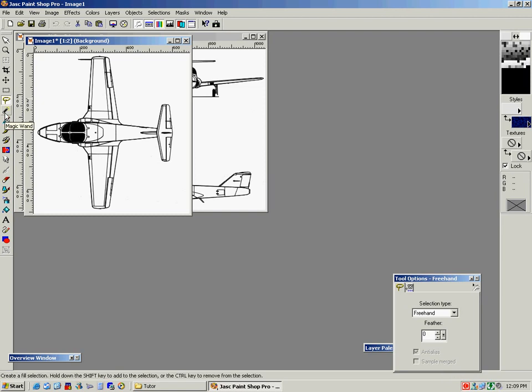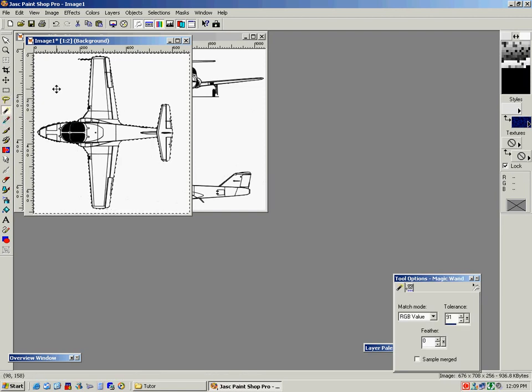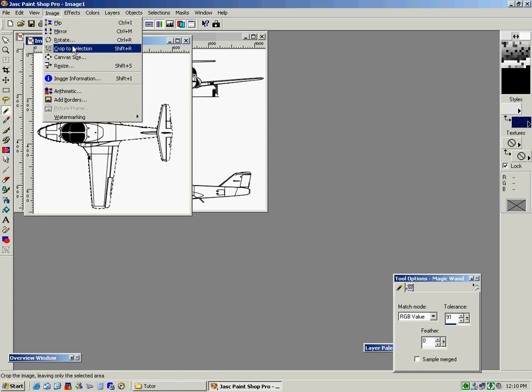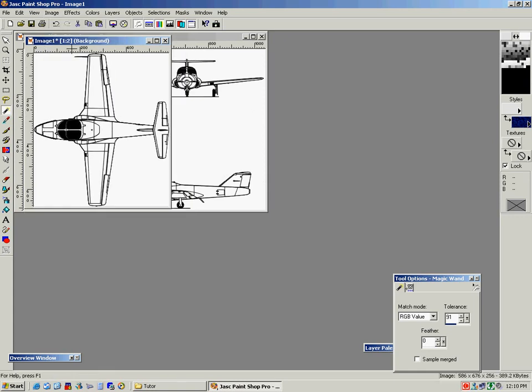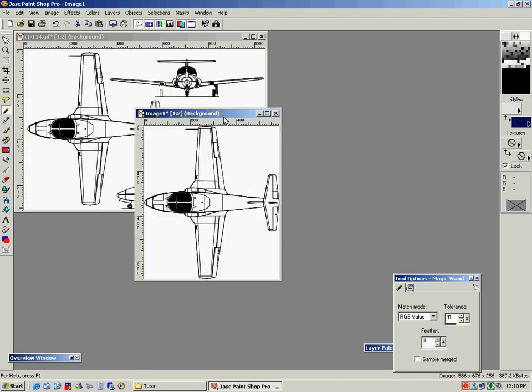Then what we would do is select the magic wand, select anywhere in the white, and it'll select everything white. In this case, everything but the aircraft. So then we're going to go to selections and invert, so now it selects just the aircraft. Then we would go to image and crop to selection. And now what you see is a picture. We'll move this down here. We see a picture with just the top view in it, and it's all at the outer edges,